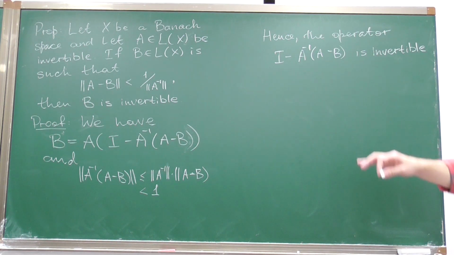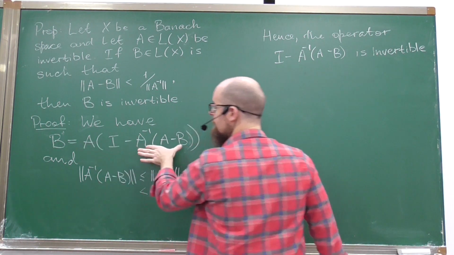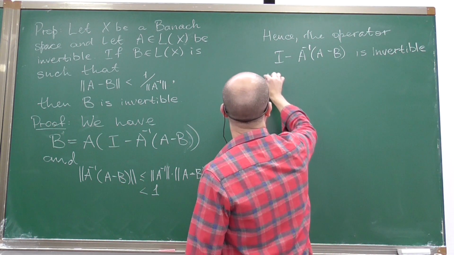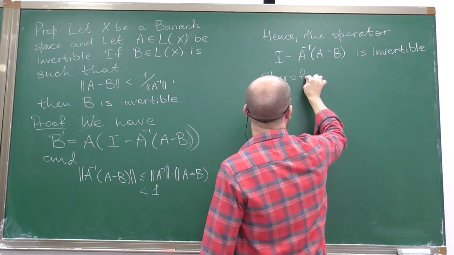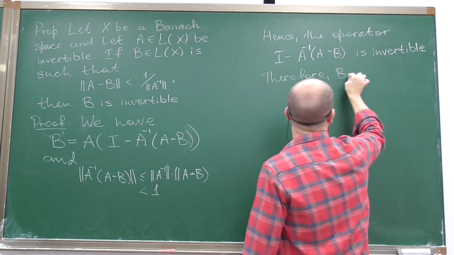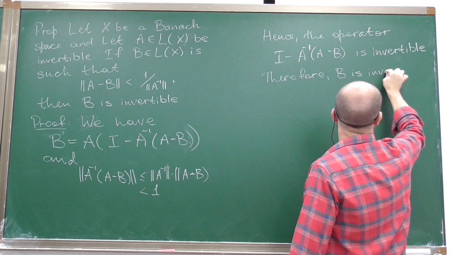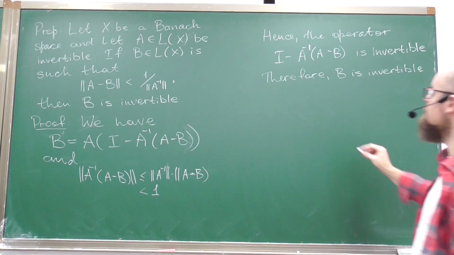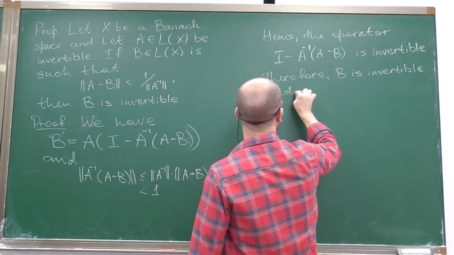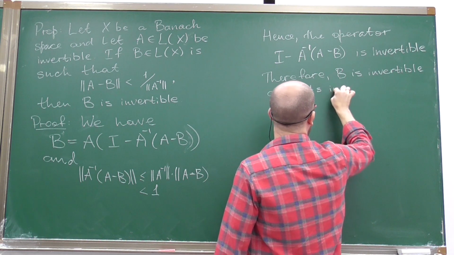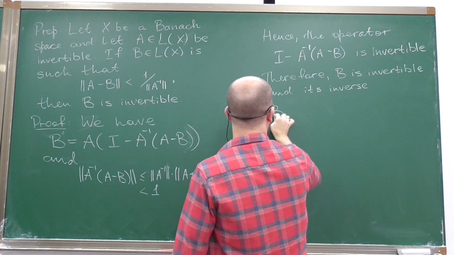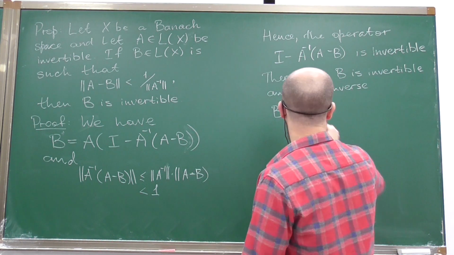But we have written B as a product of A and this operator. And we know that A is invertible and this operator is invertible. So B is invertible as well, and its inverse equals to